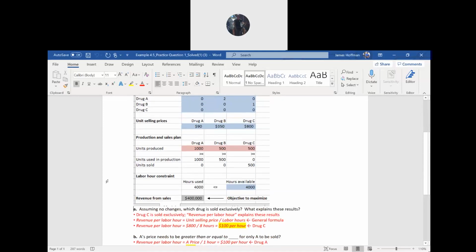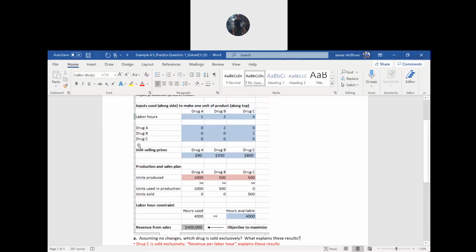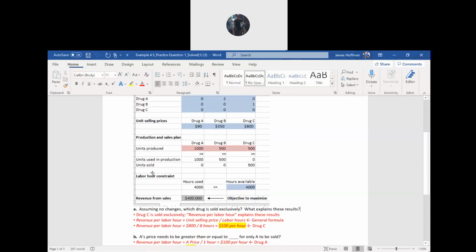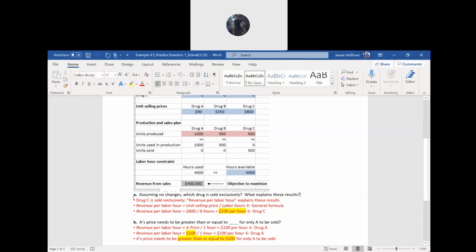Say part A. For this one, assuming no changes, what drug is sold exclusively and what explains these results? Just look at the screen cap and see units sold, and only one of the drugs is going to be sold initially. Units sold: drug A 0, drug B 0, drug C 5,500. So drug C is sold exclusively, and